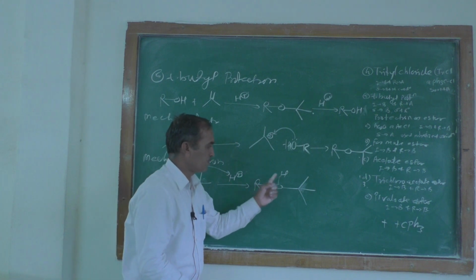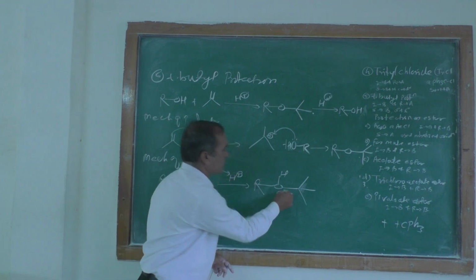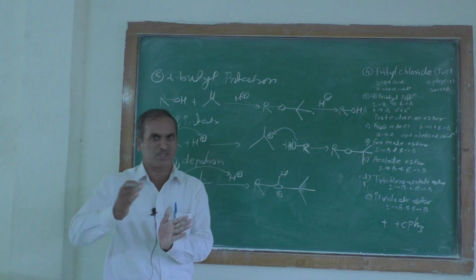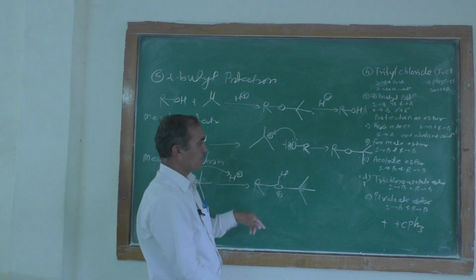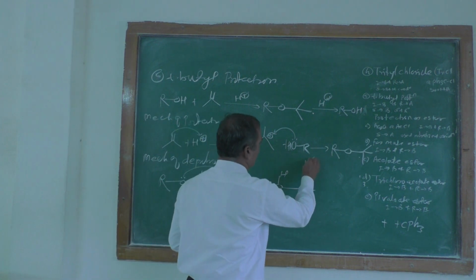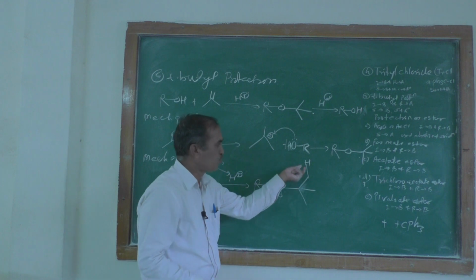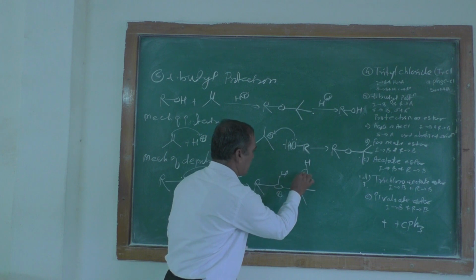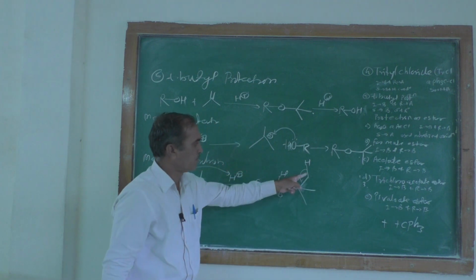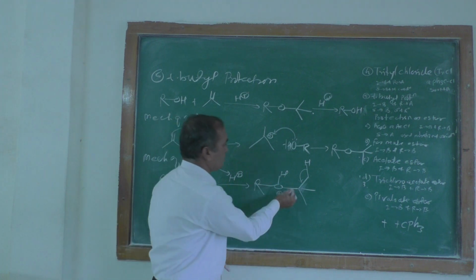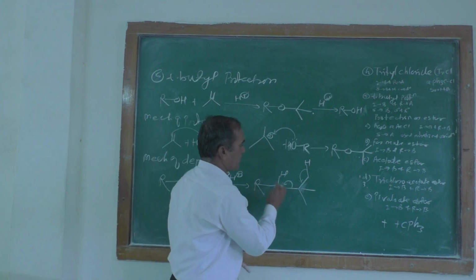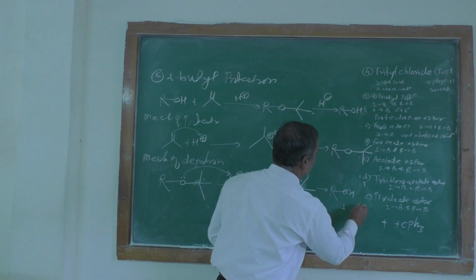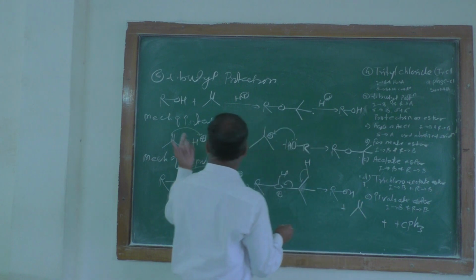Now there are 3 bonds, so that becomes a positive charge. When the positive charge comes on that oxygen atom, that species becomes highly unstable, and it tries to stabilize itself. Therefore there are the 3 hydrogens; I am showing only 1 hydrogen atom so that you can clearly see the mechanism. For mechanism purposes, that sigma bond forms a double bond over there, and this bond is breaking here, so that we are going to get ROH,